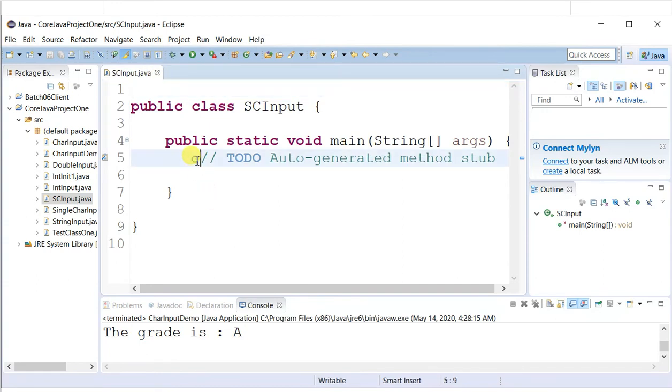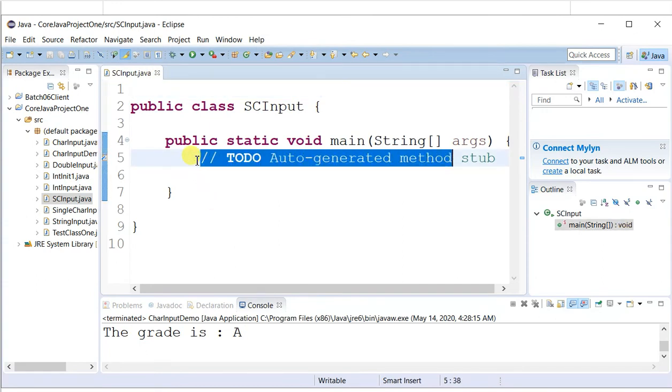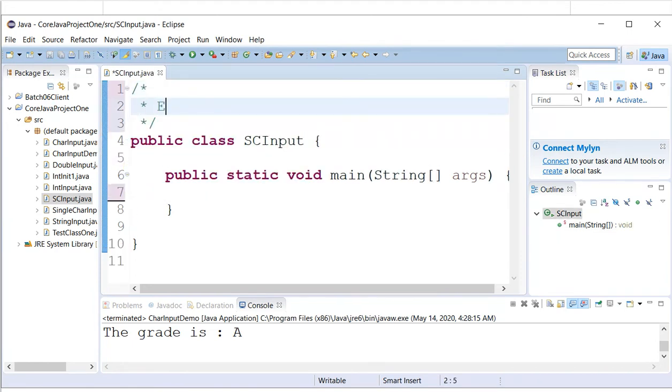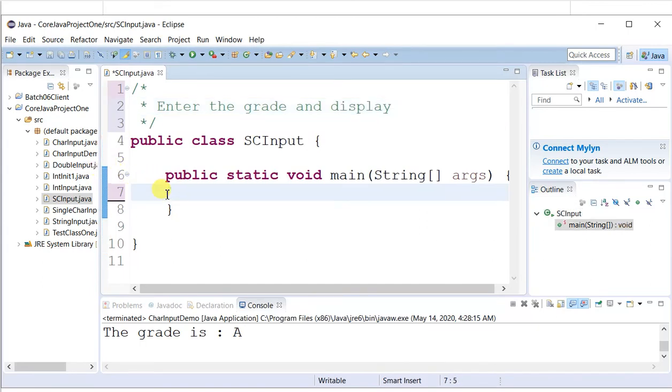Fine. Now let me delete the unwanted data. Let us give a program statement: enter the grade and display. So for that I need to use a character variable, grade.